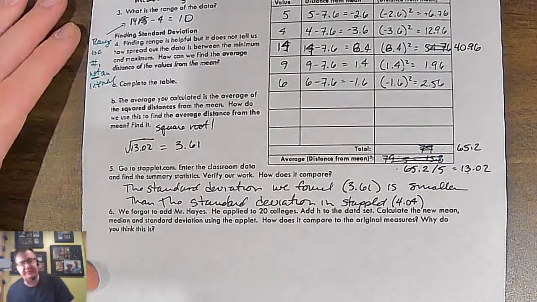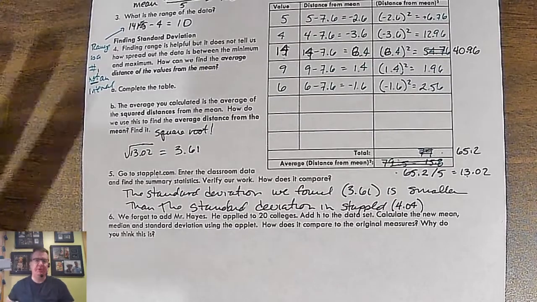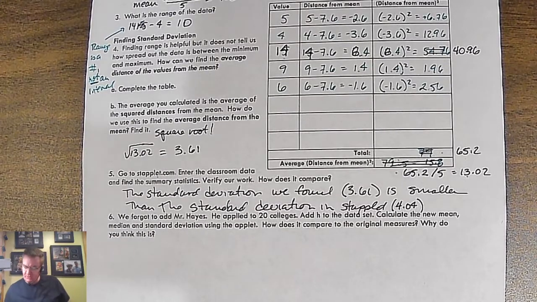Now, we forgot to add me. I applied to 20 colleges. So we're going to add that to the data set. And the question then is, what's going to be the new mean? So what we're going to end up doing is this. Let's go back here for a second. So the original